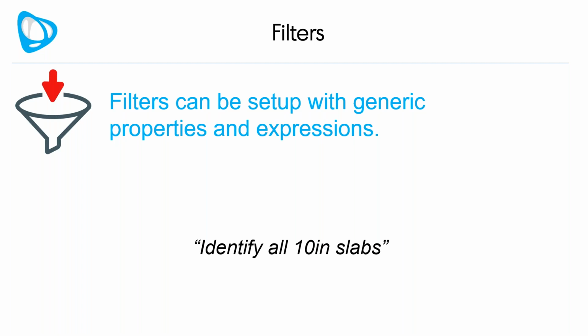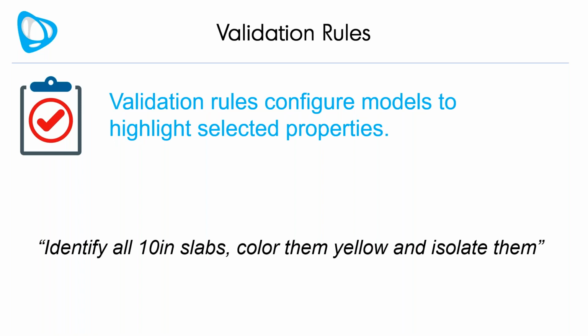The next building block are what we call validation rules. So think of them as more advanced filters. A validation rule allows you to configure models to highlight selected properties. So let's take that same idea of the 10-inch slabs and take it further. I want to identify 10-inch slabs, color them yellow, and isolate them. Again, this might seem like a trivial set of operations, but very powerful when you can string these types of commands together and apply it to any geometric or non-geometric property in your model. You'll be able to see how you can then quickly define standard ways of highlighting critical project information for you and for you to automate